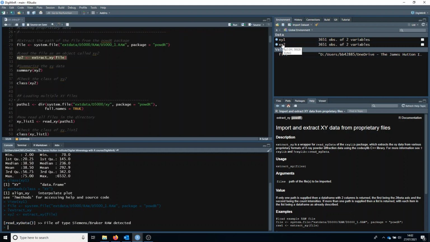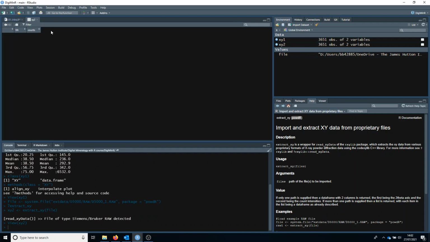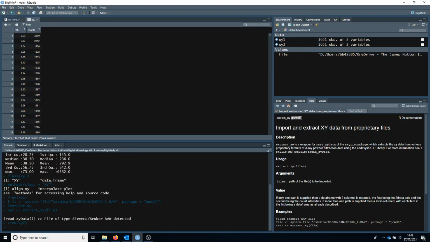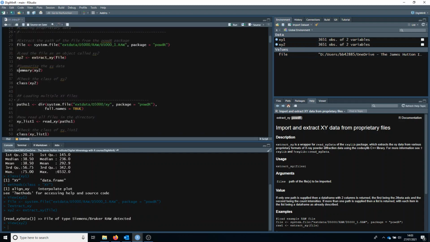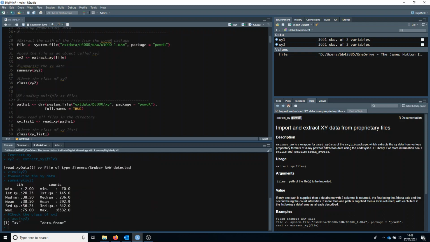So now we have xy2, which is identical to xy1. We've just loaded it in a different way. So if we do summary and a class, we get the same information as before. Now that's just for loading one